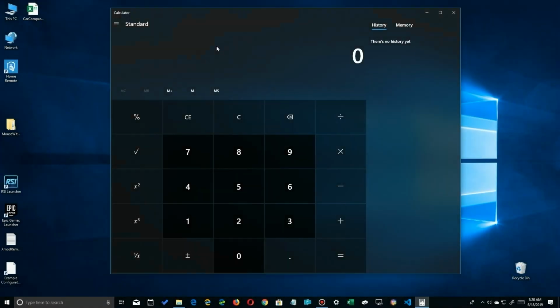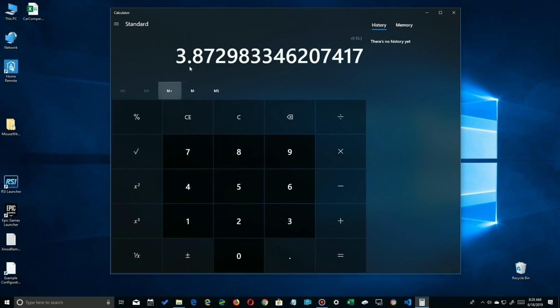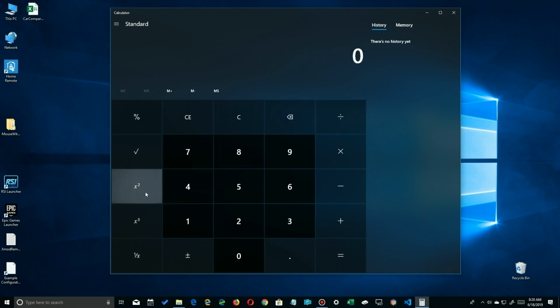So some of the more simple algebraic calculations is, let's say 15. Now I want to know the square root of 15 for some reason, or any number. 3.8722, blah, blah. So there it is. That's how you get square root, that simple. Let's clear that out. Let's now look at the square of 1 is 1. Okay, let's clear that out. Do a square of 15. It's 225. So clearing that out, let's go to the cube of 15. So we get there, clear that. 15 cubed is